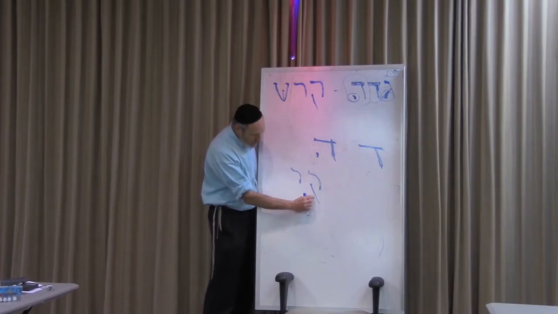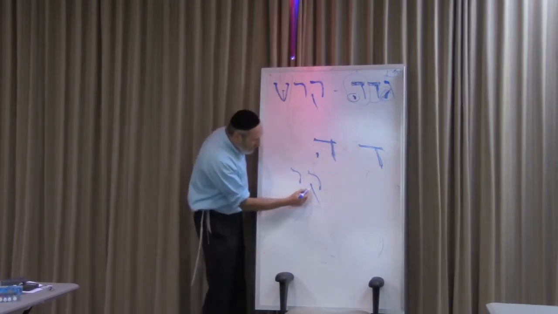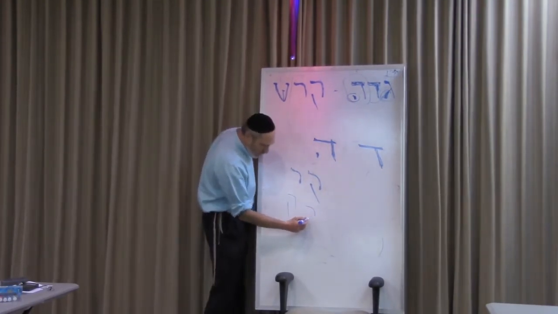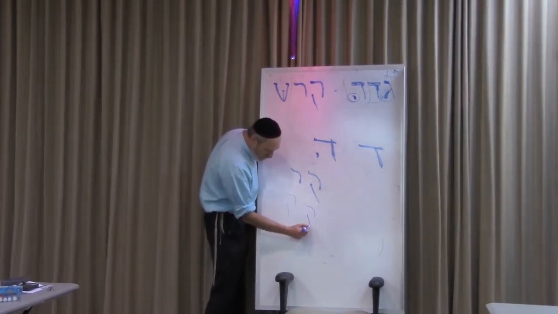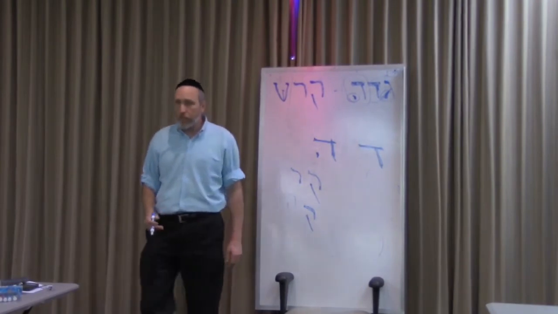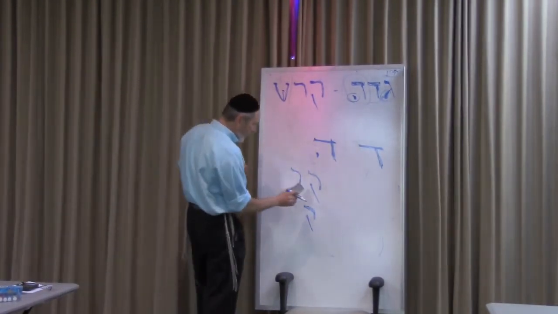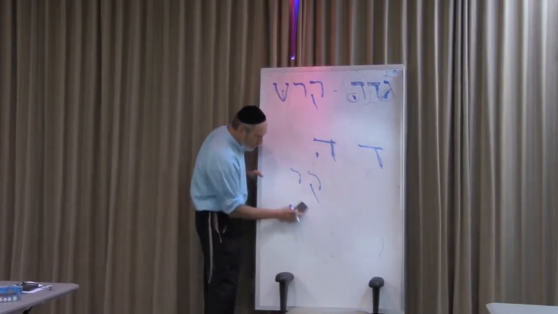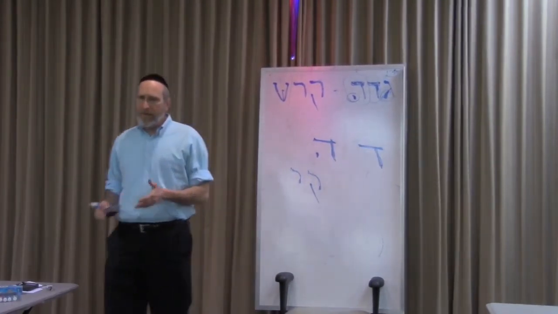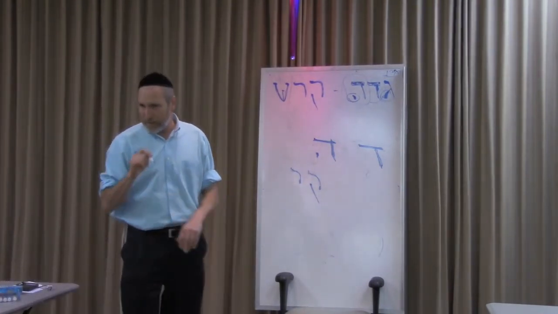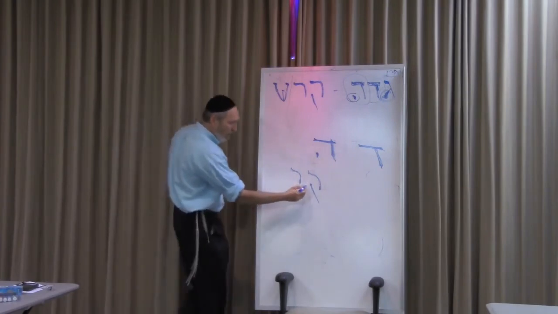And what's also fascinating is that it extends in a crooked way. Do you see that? I wrote it the way it's supposed to be written in the Torah. Ideally, it's not supposed to be straight. You're not supposed to make a kuf like this. In the Torah, you make a kuf like this, and then this comes this way. That's the way the kuf is written. Right here though, it looks kind of straight. Yeah, that's not exactly right. In the Torah, it's supposed to be written on a slight slant, ideally. They're giving you basics, not the way a scribe would write in great detail. But the way it's supposed to be written is on a slant.